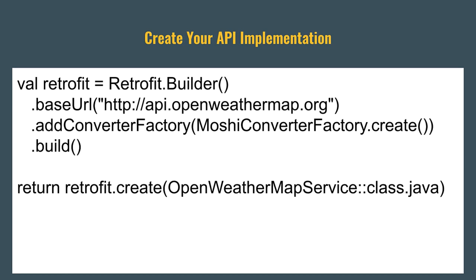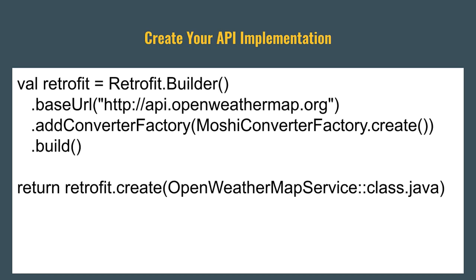Once we have our OpenWeatherMap service interface defined, we can use that Retrofit Builder class to create a Retrofit object and then use that to create that generated instance of our API class. It's in this builder process where we also have an opportunity to customize how our requests will be made. So in this case, I've specified a base URL of